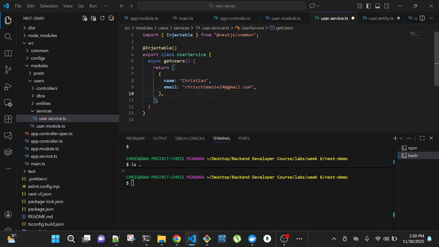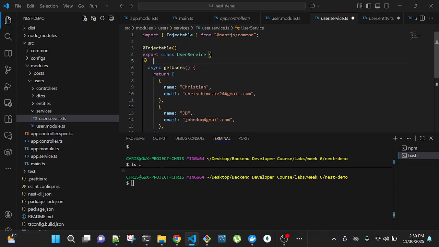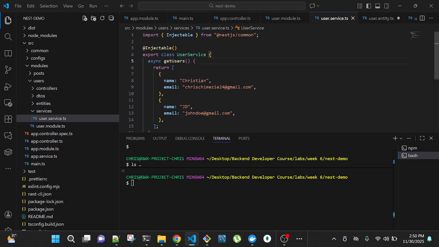Just add another one here. Right, so we created this method here.